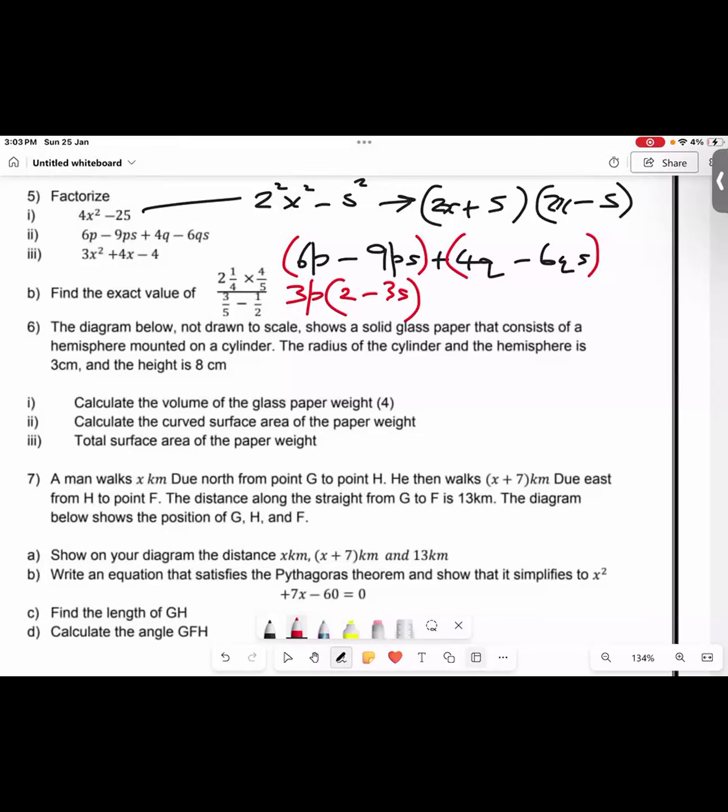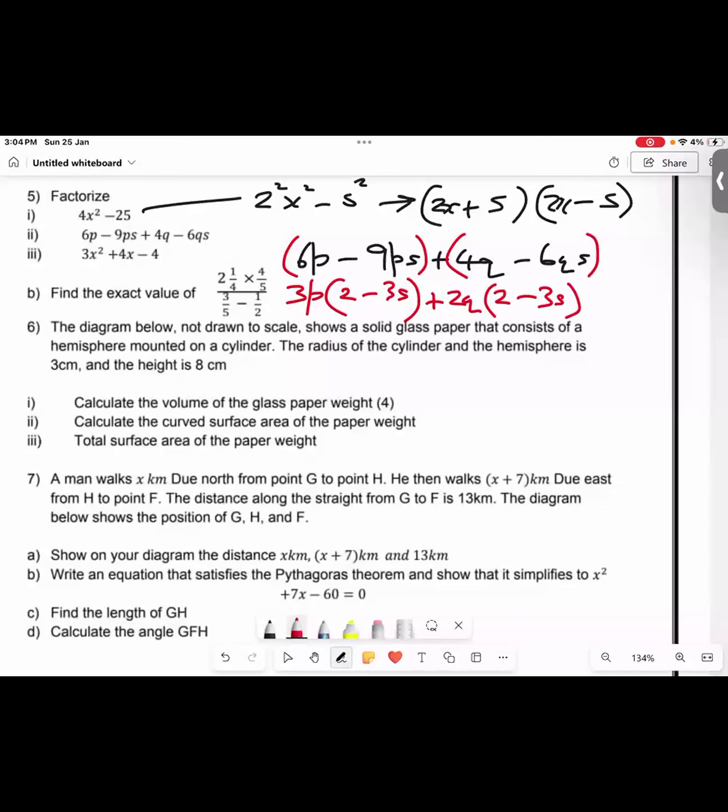All right. On the second bracket now, is there a common factor between 4 and 6? Is there a number that can go into 4 and 6? 2. Very good. And is there a letter that's repeating itself? Q. Very good. Take that out. Open the bracket. How many times can 2 go into 4? 2 times. And the Q that's beside the 4Q is already on the outside, so I can't put anything back on the inside. How many times can 2 go into 6? 3 times. Very good. And the Q that's beside the 6QS is on the outside, so what's left?